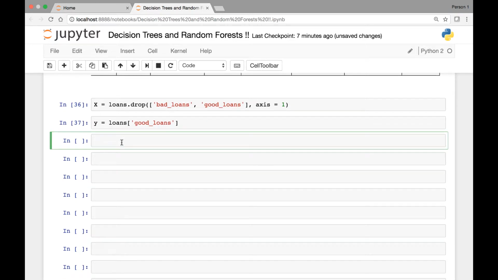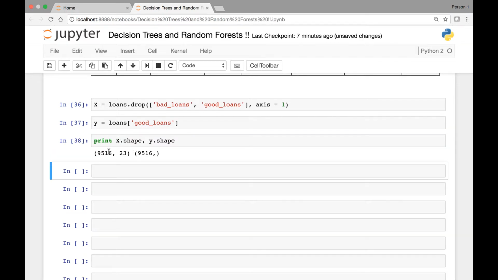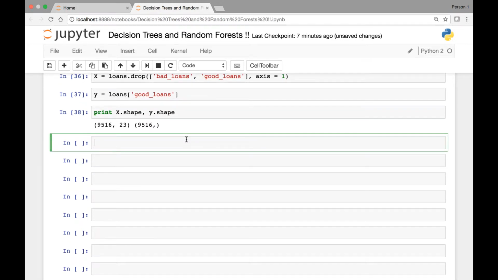Next, we can check out the shape of our x and y features and target. So let's print x dot shape and y dot shape, and we see that our features are two-dimensional, 9516 by 23, whereas our target is 9516, one-dimensional. Okay, now that we have defined our features and target, we can use the train test split method